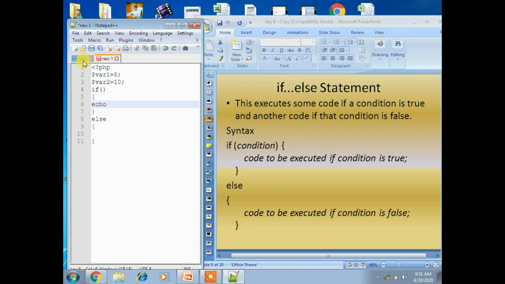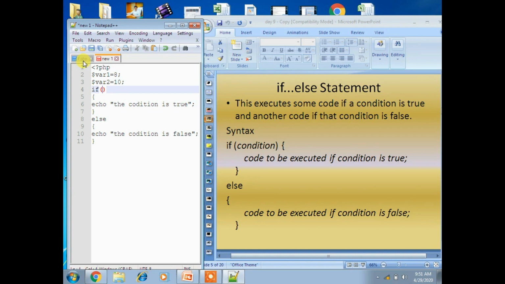Echo "here the condition is true." And in the else part, echo "condition is false." Based on the condition you will get the values. Now what is the condition we have to write?